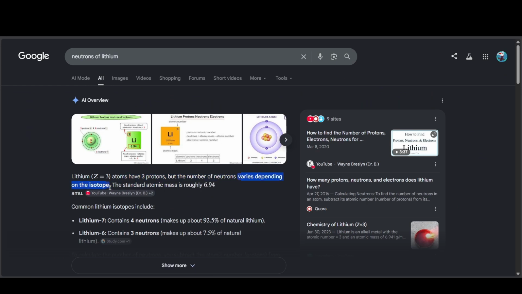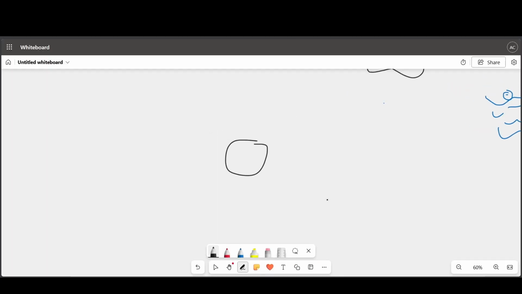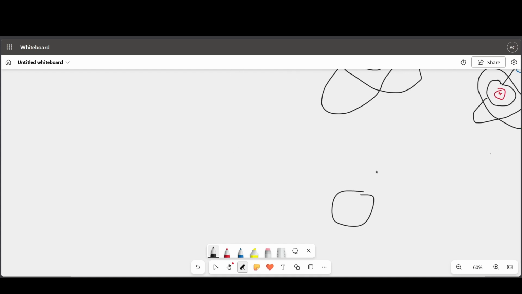Okay, so the number of neutrons inside the lithium atom varies depending on its isotopes. Let's skip chemical bonds for now, and let's talk about isotopes. You may have heard me already say this, but